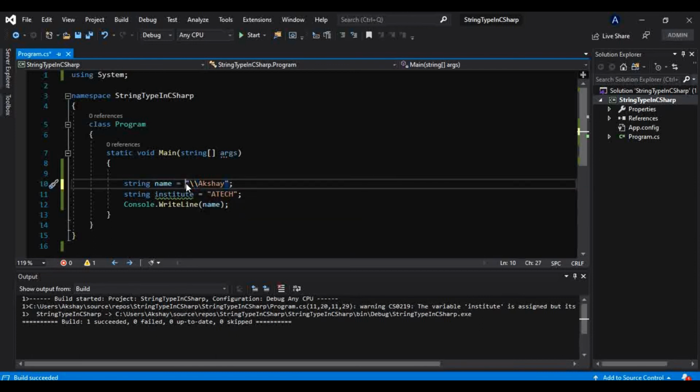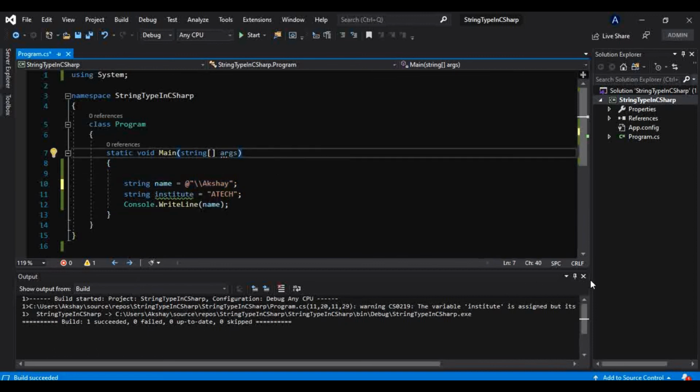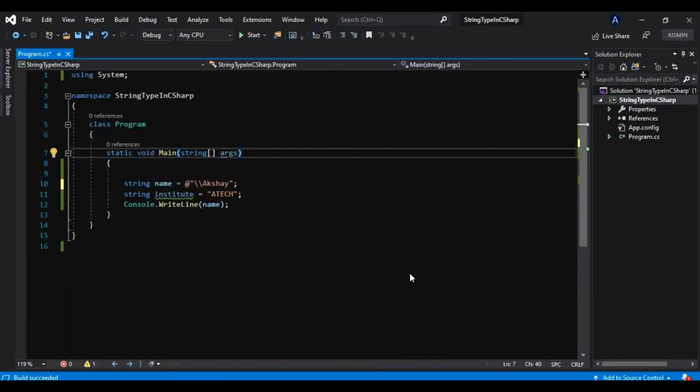But what if you want to print both slashes? Just use the verbatim identifier here, and it will print everything inside the string as a string only. That's how we use verbatim strings in C#.